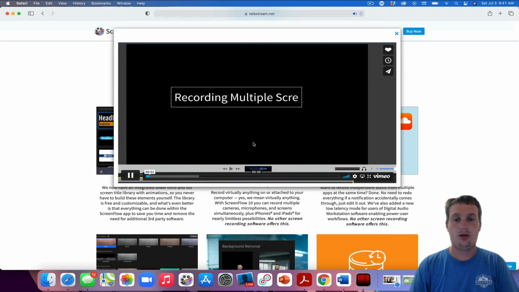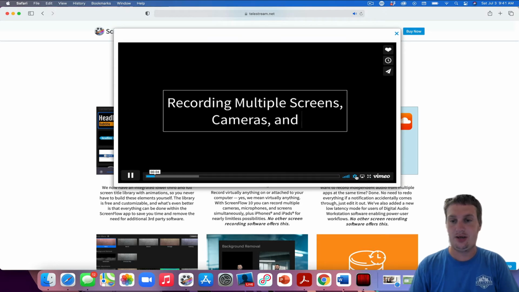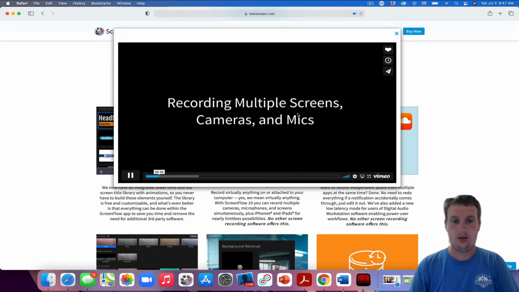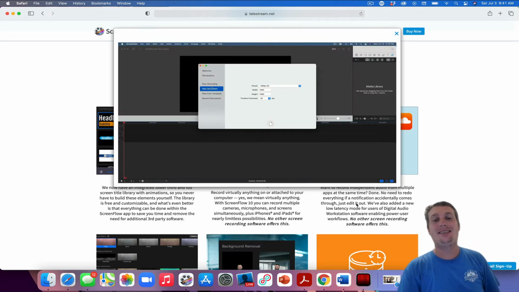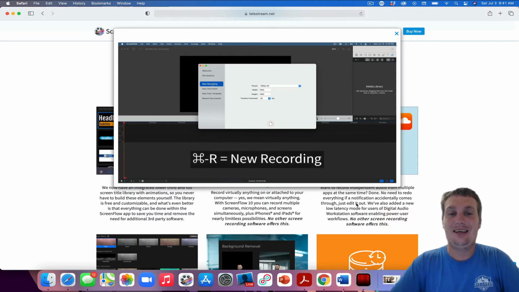With Screenflow 10, I'm going to go ahead and kill the sound here simultaneously, giving you a great start on a streamlined edit. I'm just going to go ahead and turn off the sound, and you can see it's really